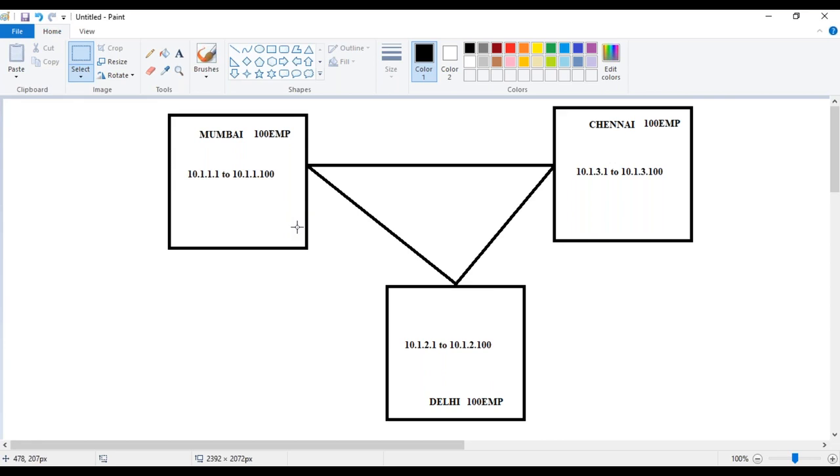Similarly, your internet service provider will give you internet, but normally the three offices will have different connections, guys. Yes, we can route Mumbai, Chennai, and Delhi through the same one office, but we don't do that. Normally we get three internet connections for three offices, because if you route Mumbai traffic and Chennai traffic through Delhi, it becomes very slow for those two offices, basically.